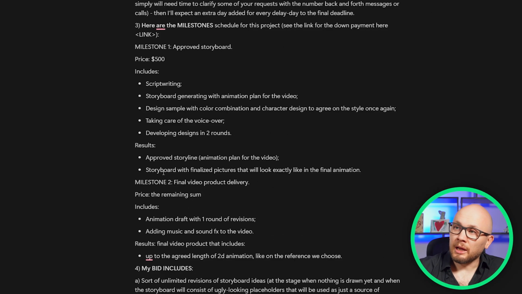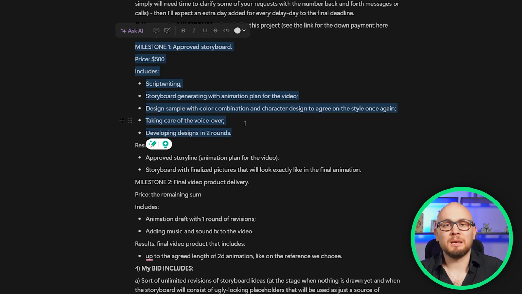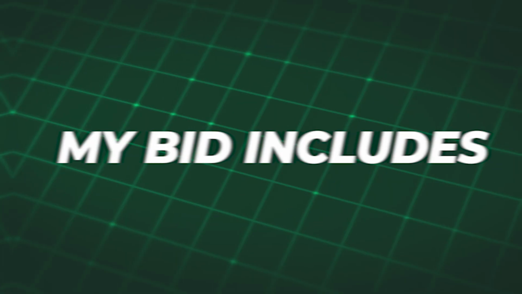As you see here again, I'm explaining what the limitations are, I'm hinting at that, and what is included in each milestone so that the customer doesn't have to ask what am I paying for and what am I going to get. Moreover, if they have that question at any point in the project, they can always return to these terms of services and have their answers.